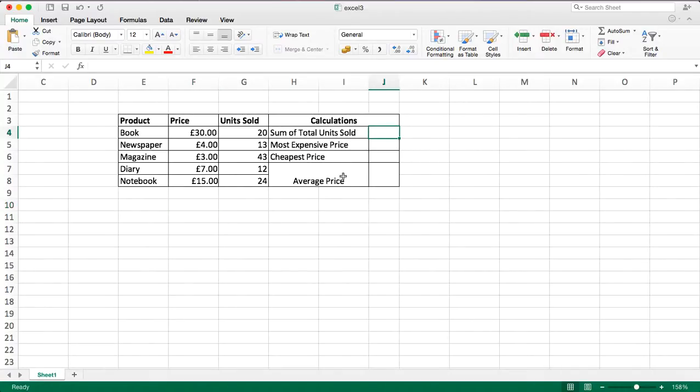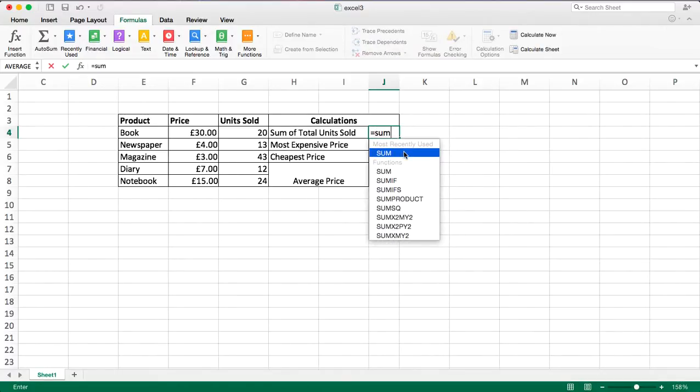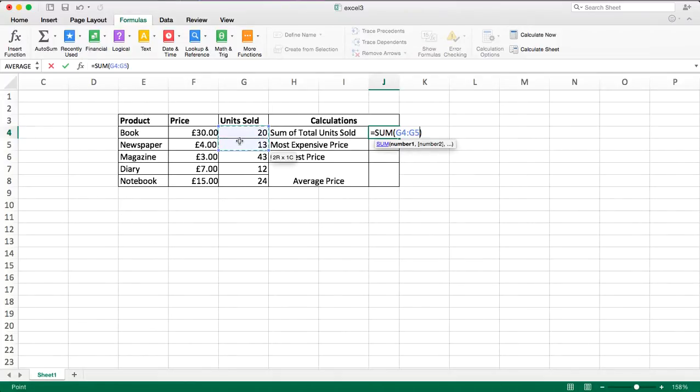all these sections. So to start off, let's say you want to calculate the sum of the total units sold. To do so, there are 2 ways to do this. First of all, you can go to Formulas, and you can either click Auto Sum, or you can also put the equal sign and write sum. Click this and highlight all the cells that you want the sum to be calculated of. And once you've got all the cells, click enter,